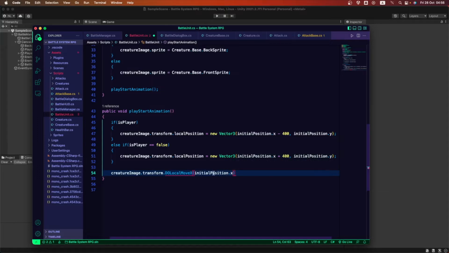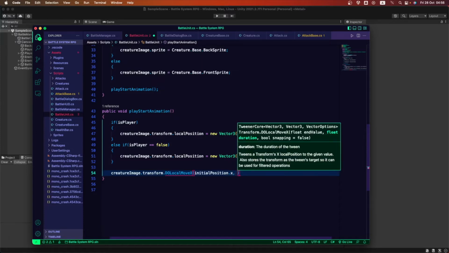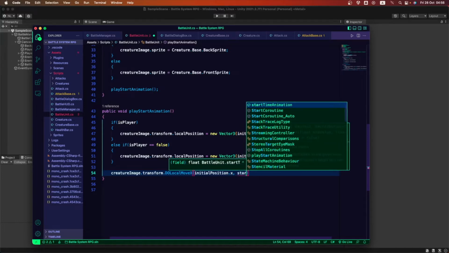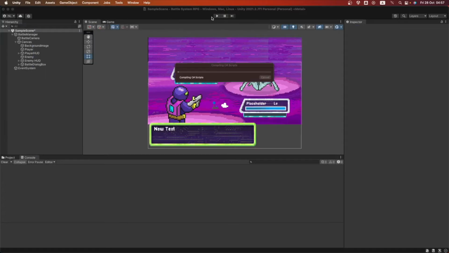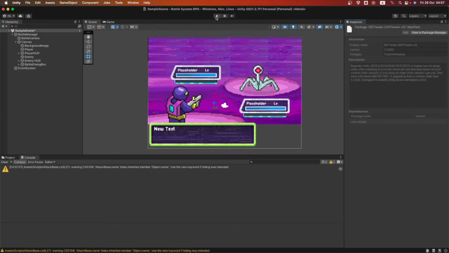Okay, so we're gonna assign the initial position as the value for the ending frame, and we're gonna add here the velocity, the speed of the animation. Okay, so which is gonna be our speed? Remember, we already have a variable, it's gonna be the start time animation. And we can change that in the inspector if we want to speed things up or slow them down. Okay, so we're gonna save this, and we're gonna go back into Unity to see how it works, if it is already working or if we've gotta fix something.